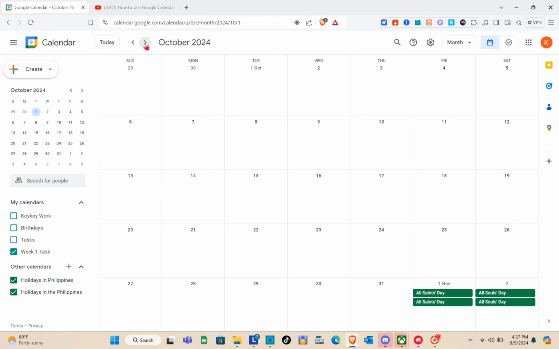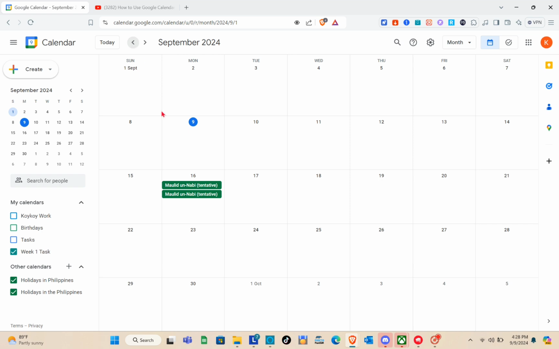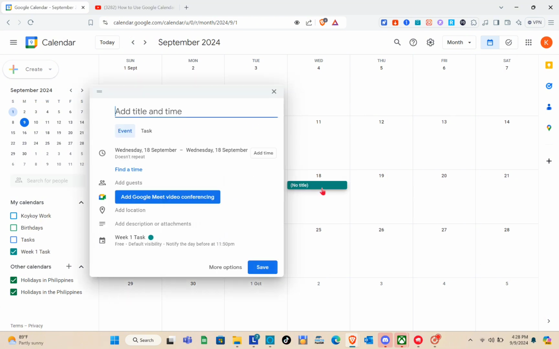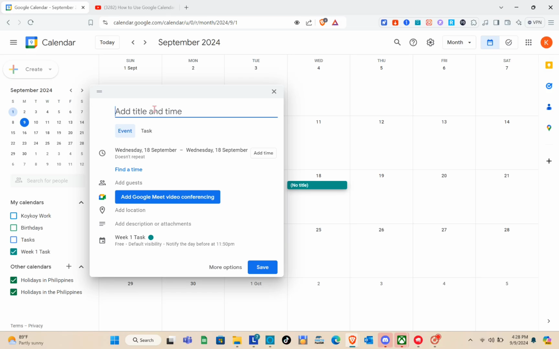We can use this arrow at the top to go to a specific month. Since this month is September, for example, we have an appointment or a project that should be submitted on September 18. I'm just going to name this one "submit the project." Okay, next, since we already have our day of the week,